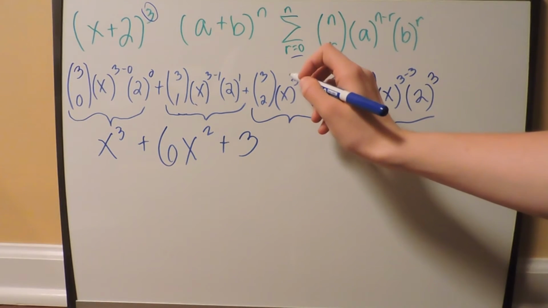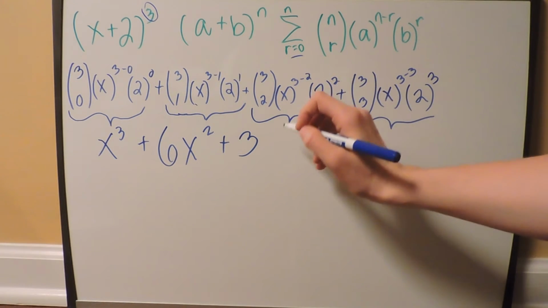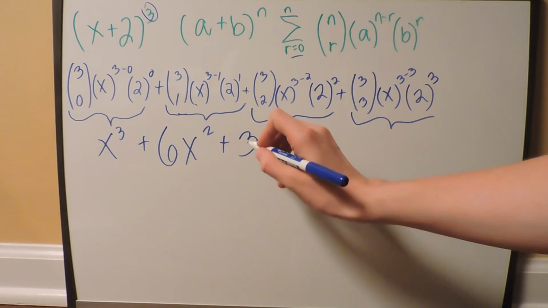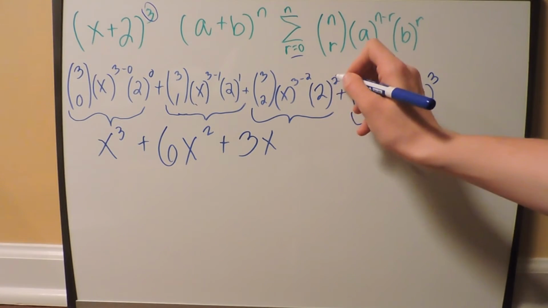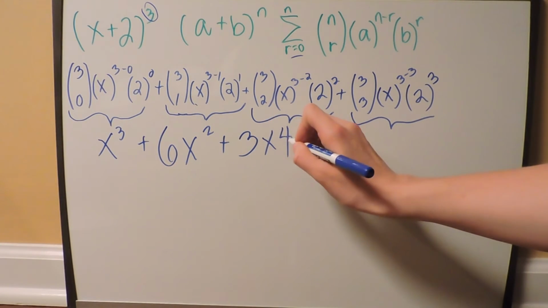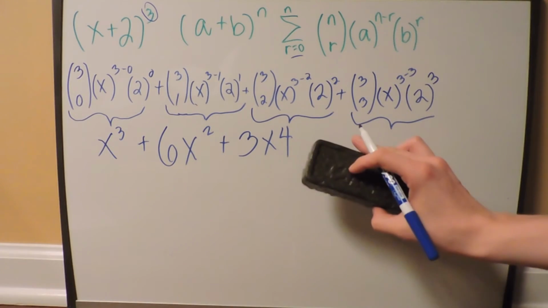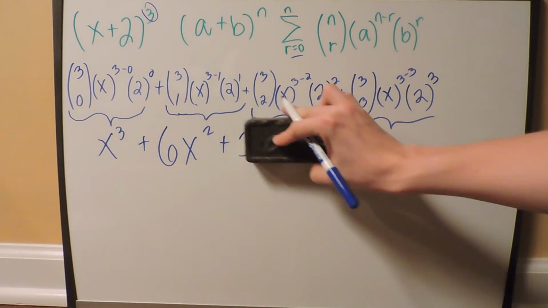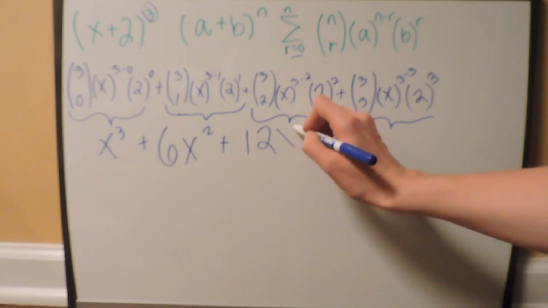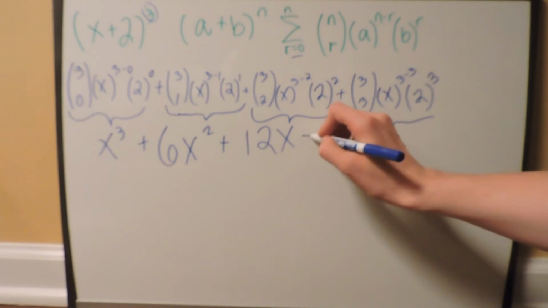Okay, so x to the third power minus 2 is 1. So we can just do 3x. 2 to the second power is 4. And now we can multiply this by this. It's just going to be 12x, right? Good. Good job. Yay. Plus